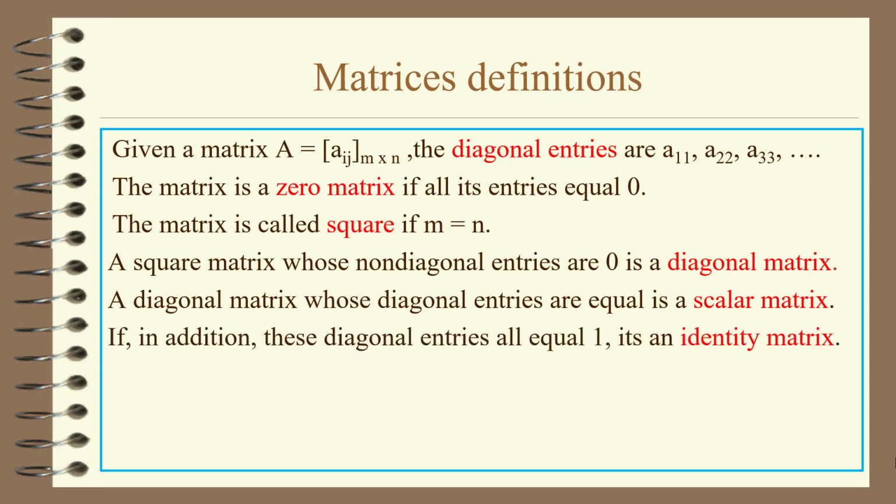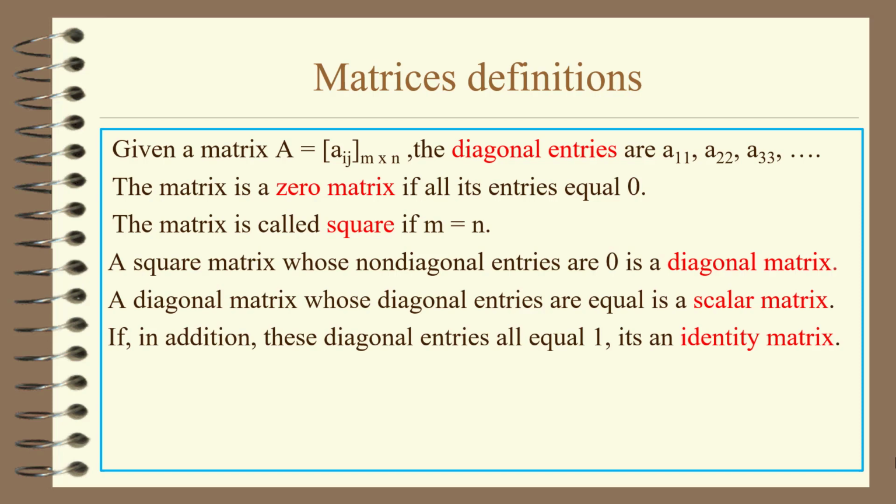And if, in addition, you have a scalar matrix and all those diagonal entries are not only equal but equal to 1, that's called an identity matrix. Now, just so you're sure, an identity matrix, being square, has the number of rows equal to the number of columns, but I don't know how many there are. So there are actually many identity matrices. There's a 2 by 2, a 3 by 3, a 4 by 4, a 5 by 5, and they're all